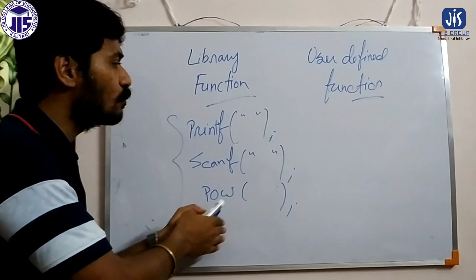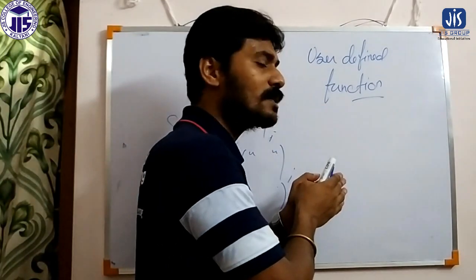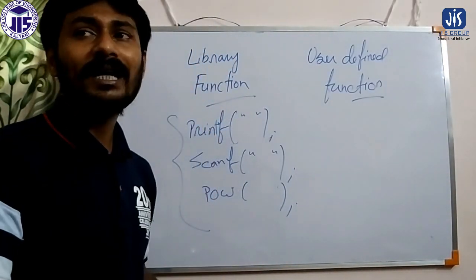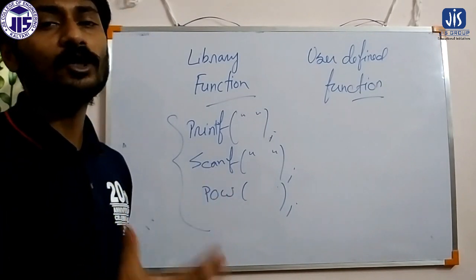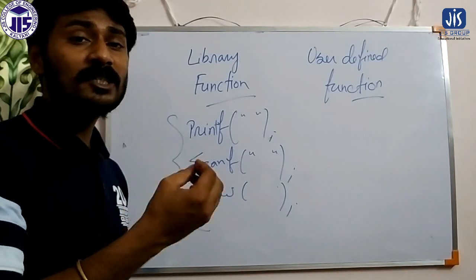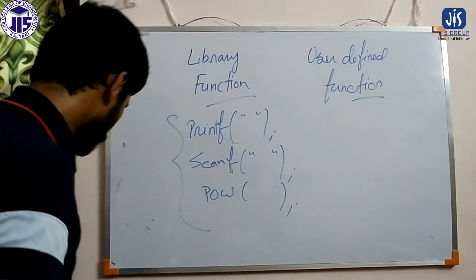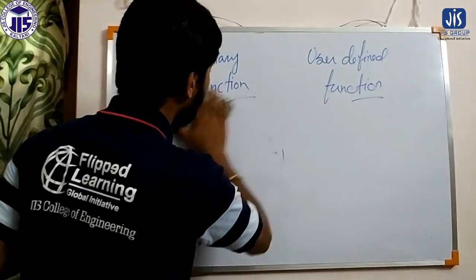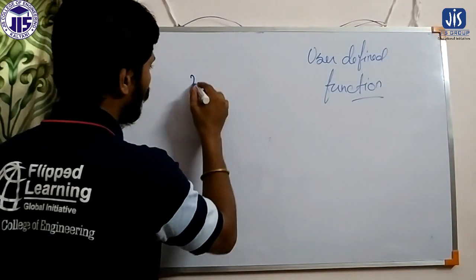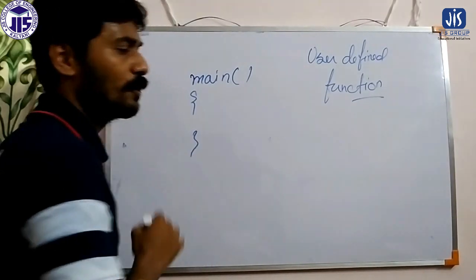Here we are not going to discuss too much because these functions are predefined. But what is a user defined function? That is the main point. User defined functions are functions we can create depending on the requirement of the program, and each should have a specific task, assigned by the programmer to that particular function. An example of a user defined function is main. Main is a user defined function that we are already using in our program.